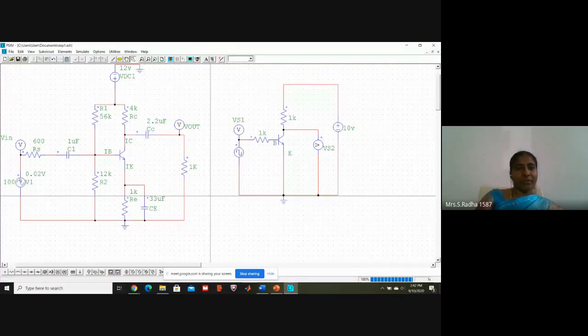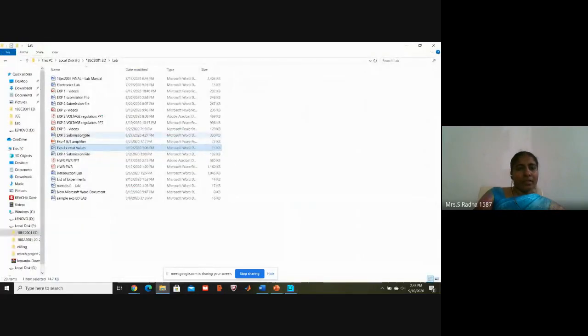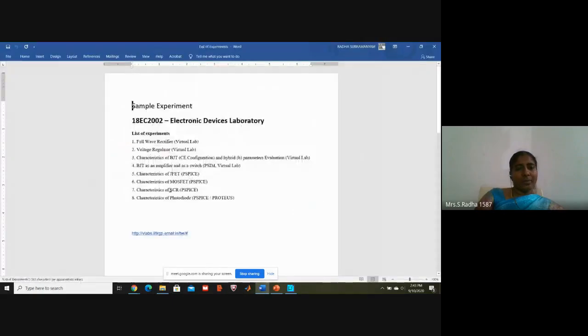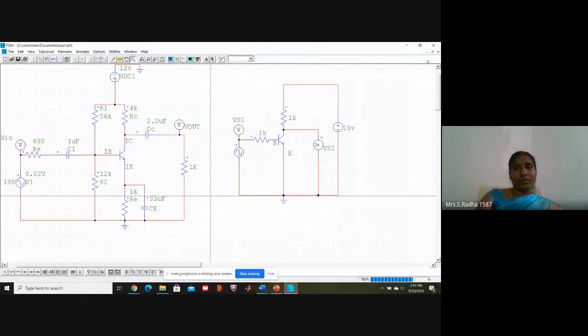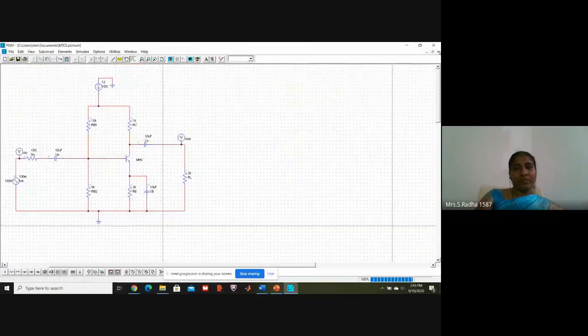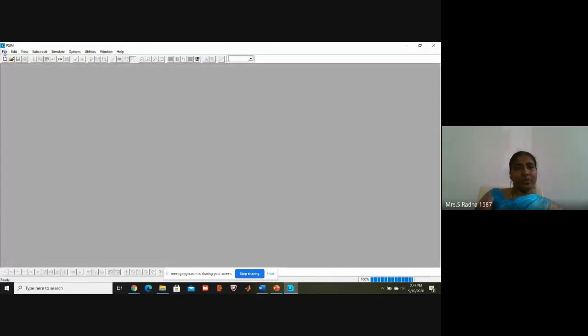This is sine wave input. And now, what we have completed is BJT thoroughly, we have completed with PSIM software. Just this full wave rectifier, I already have the circuit ready. Just I will show you the waveform. Full wave rectifier in virtual lab we have done. In PSpice also we will try to see how the waveform looks. Full wave rectifier, you remember, only the positive half cycle should come.